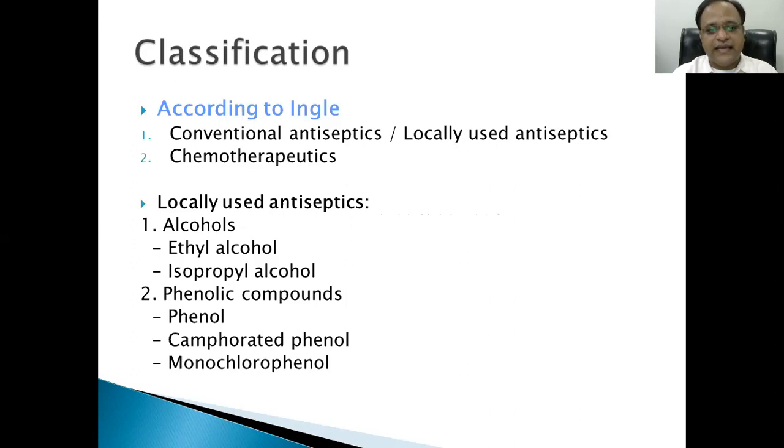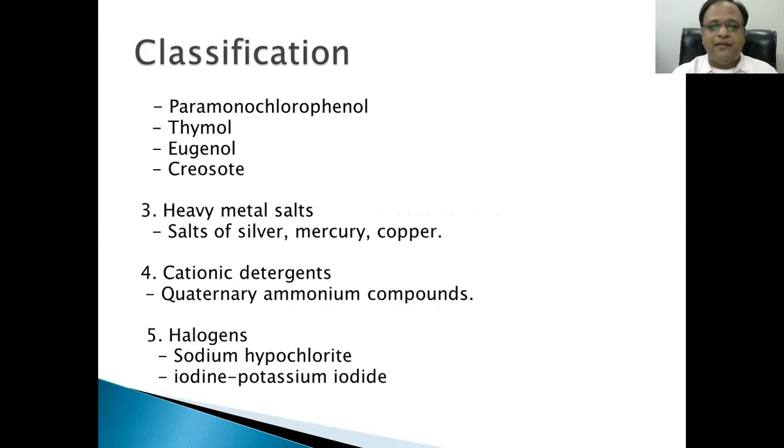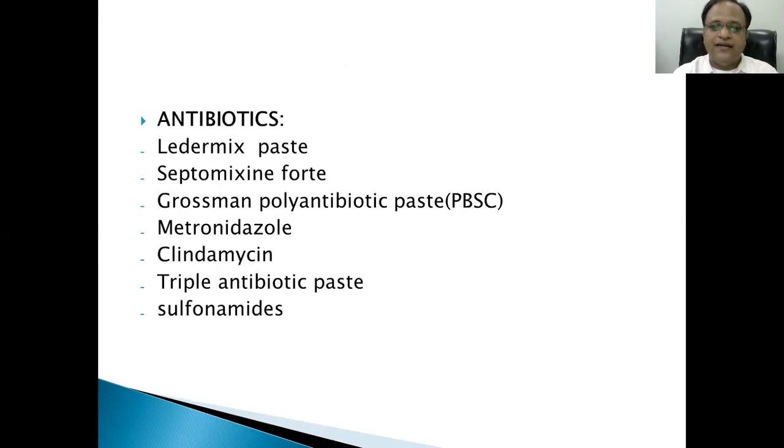Another classification was given by Engel, and he commonly divided them into two: conventional antiseptics or locally used antiseptics, and chemotherapeutics. The locally used antiseptics were alcohols, basically ethyl alcohol and isopropyl alcohol, phenolic compounds like phenol, camphorated phenol, monochlorophenol, another derivative of phenol, para-monochlorophenol, thymol, eugenol, and creosote, heavy metal salts like salts of silver, mercury, and copper, cationic detergents like quaternary ammonium compounds, halogens, as we have seen earlier, like sodium hypochlorite and iodine potassium iodide, antibiotics like Ledermix paste, Cephalomycin Forte,